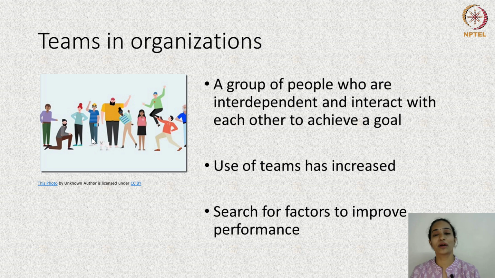Teams are also plagued by problems related to lack of creativity, lack of effectiveness, and low efficiency, and also issues like cohesion with low performance norms. So, organizations are continuously grappling with these issues, and researchers are constantly trying to find ways in which they can help teams overcome these problems. So, the search for factors has led us to three levels at which we can find factors which affect team performance.